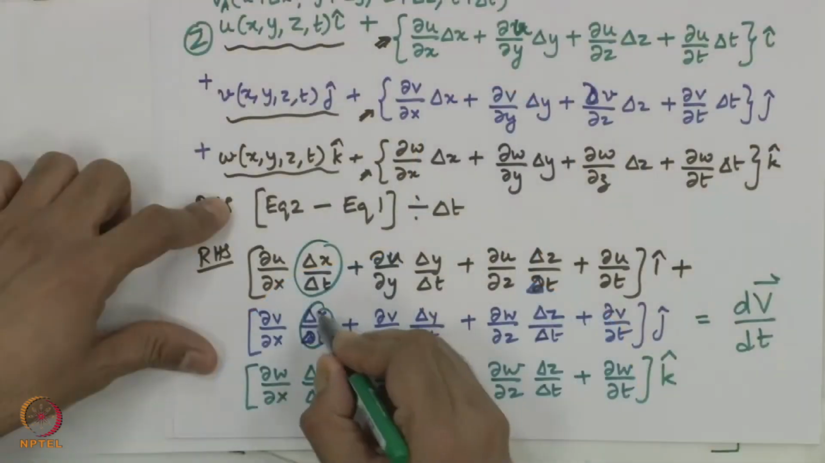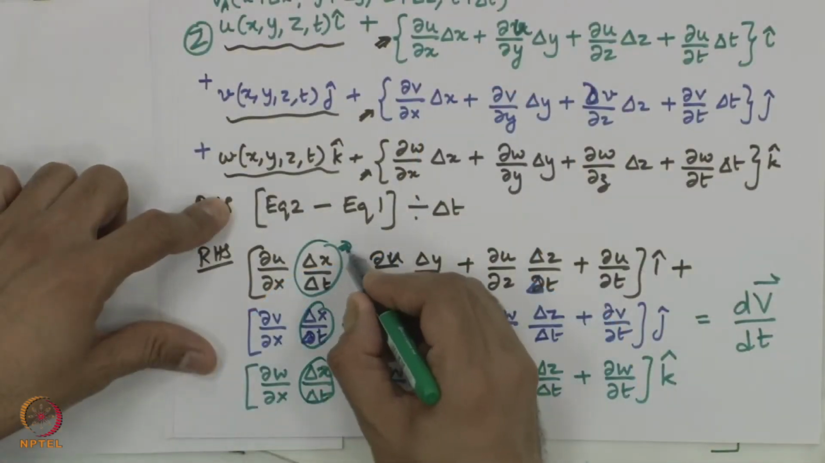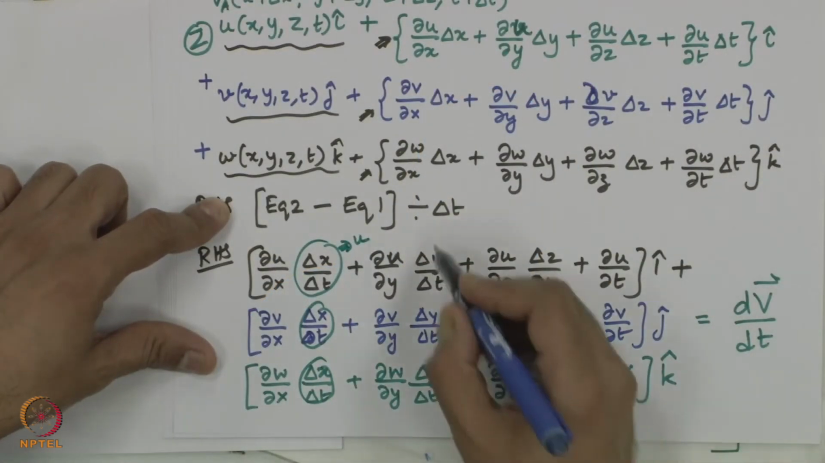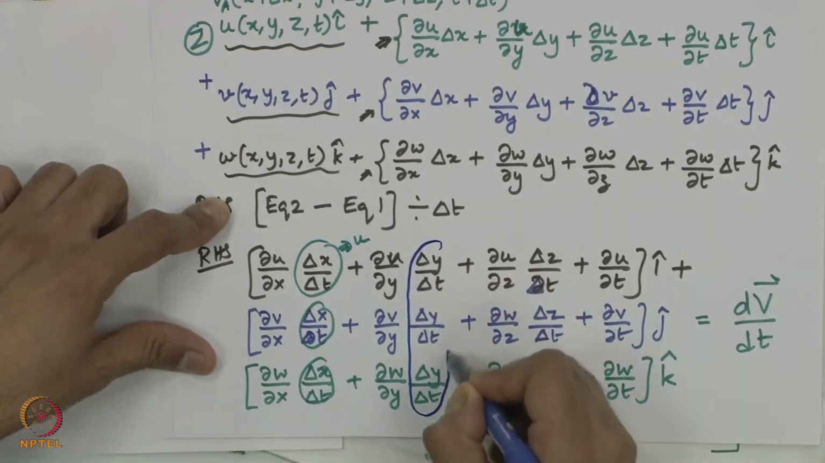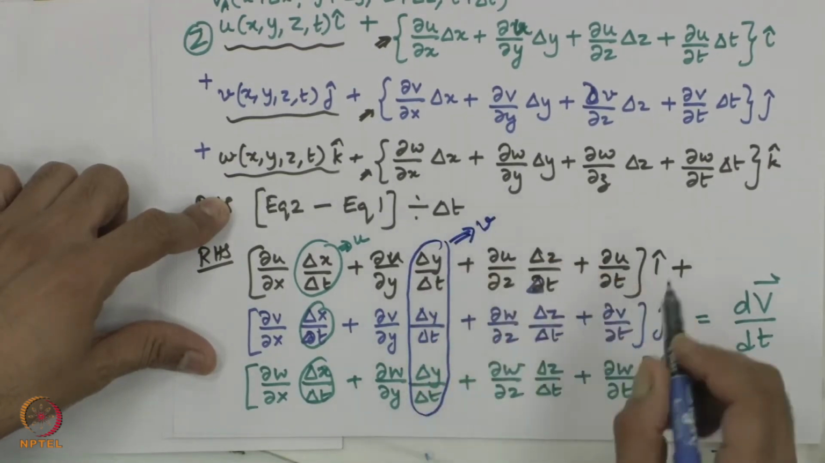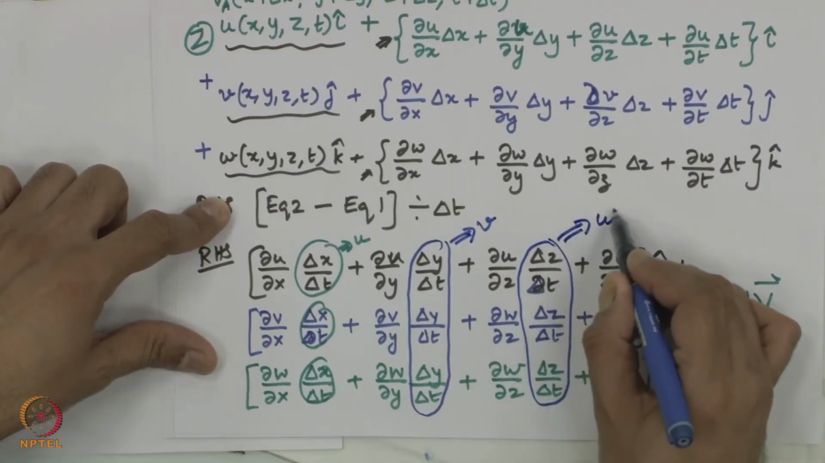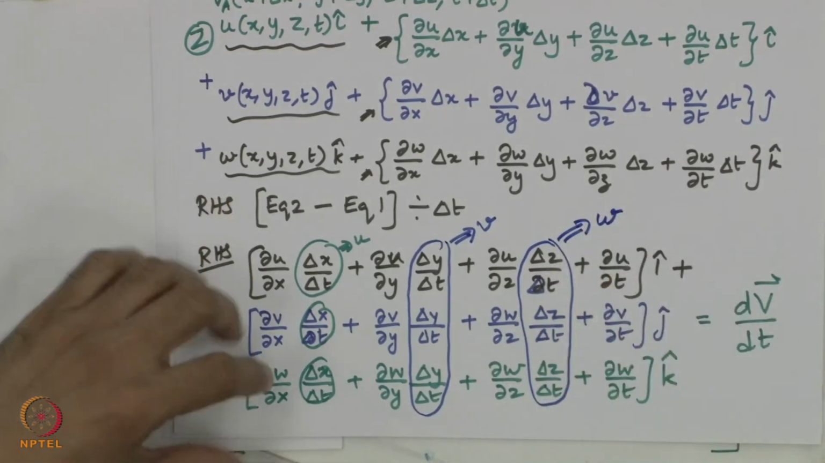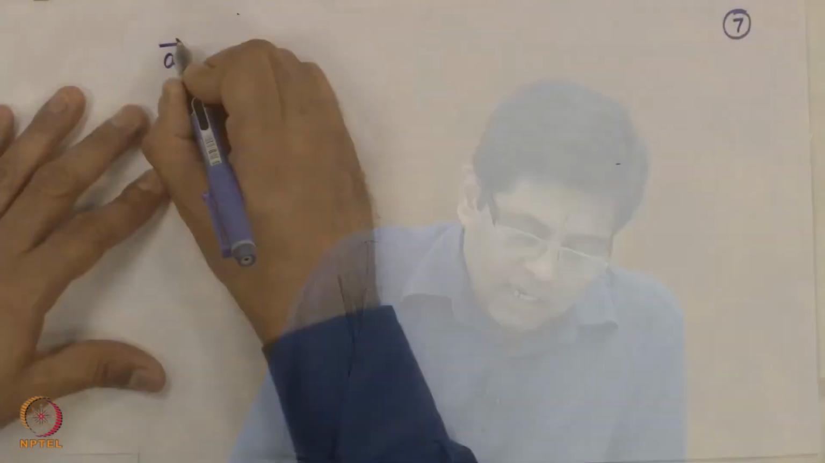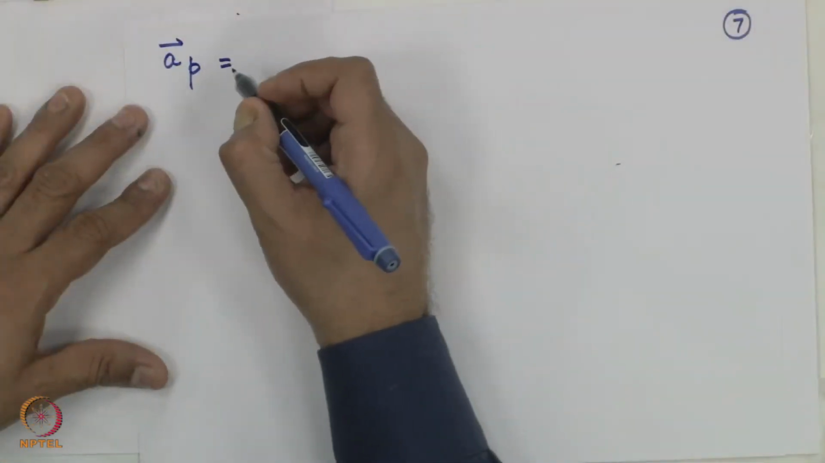What you see here, delta x by delta t is nothing but the x component of the velocity. This quantity that you see here is the y component of the velocity. This component, this thing that you see here is nothing but the z component of the velocity. Therefore, I have dv by dt is nothing but acceleration of the particle is given by